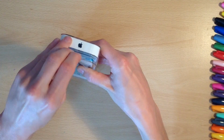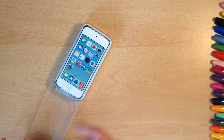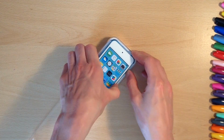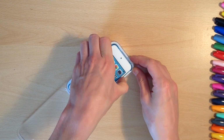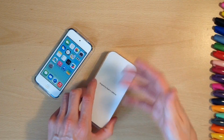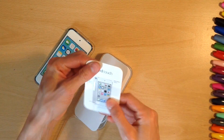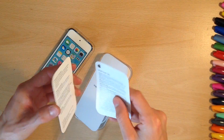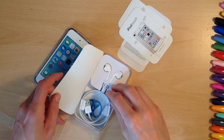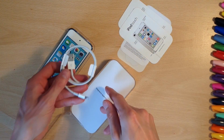Fair dues. When it comes to super minimalist boxing, it doesn't really come much more minimal than the iPhone and the iPod of modern era. We pop that up. One of the things that I'm amazed with is that even in the box with the wire and everything, this seems so light. So you've got what you would expect, your general little information and warranty bits and pieces there. Of course, some Apple stickers, why not? And then here we have got our lightning adapter charging cable,